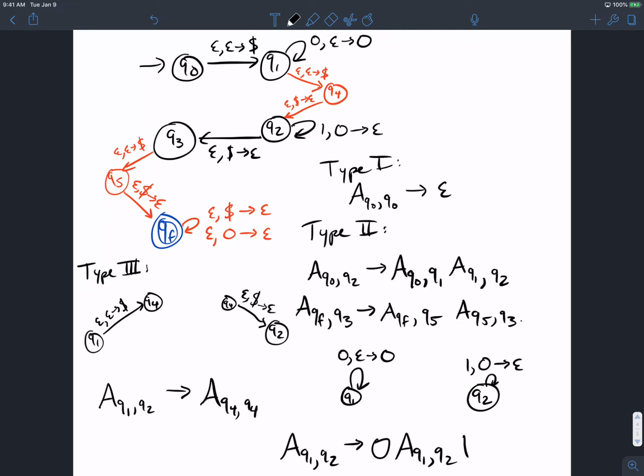So in general, there could be a gazillion number of rules that you will generate via here. So the key here is, can a computer actually do this? Or for type 3, did we need to actually do something special? Did we need to think cleverly about what to do? No, because all we did is iterated through all pairs of transitions, found a pair that matched, and then just blindly generated a rule like this.